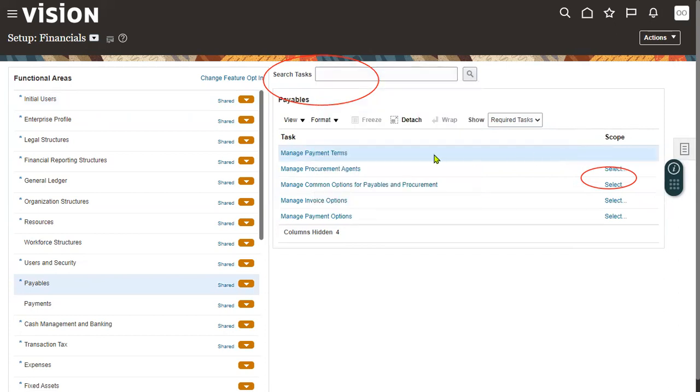Whatever task you are trying to search, task is nothing but a setup form. So whatever task you are trying to search, that will be searched only in this particular module. For example, when you are searching for a task and you do not have the idea in which module it is,